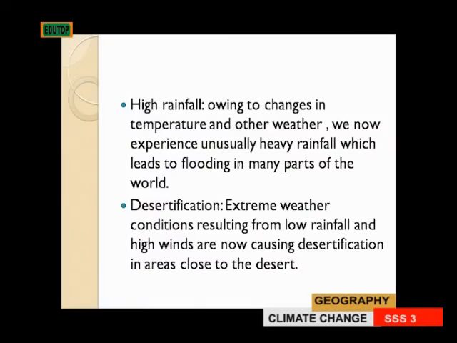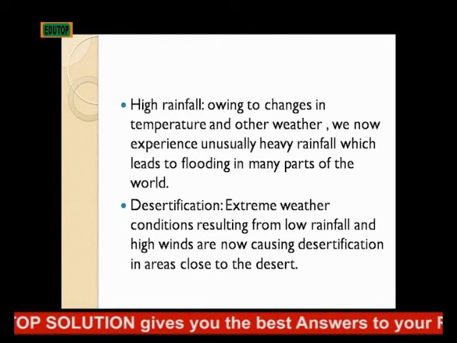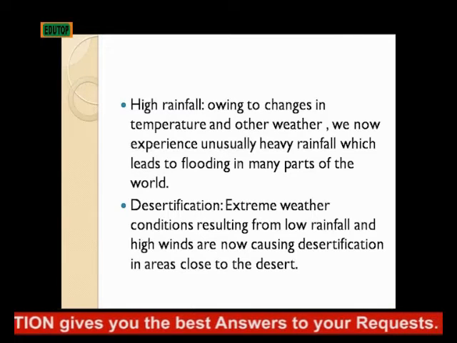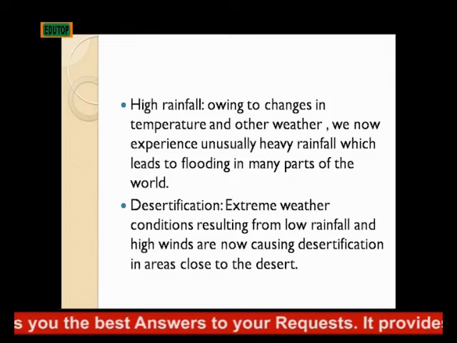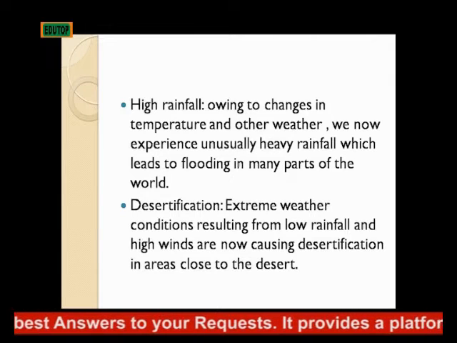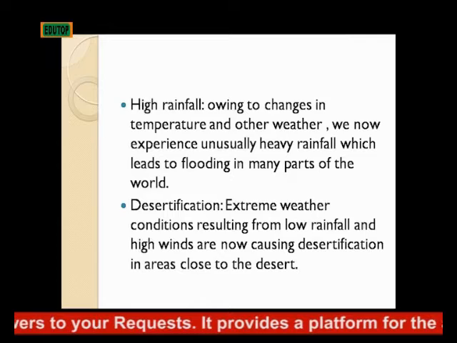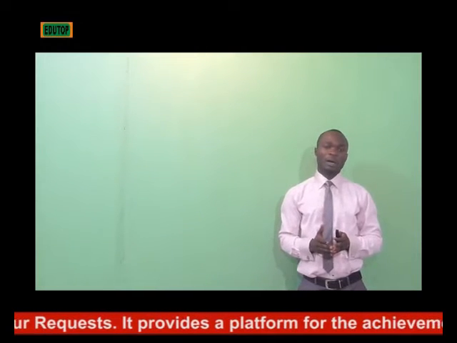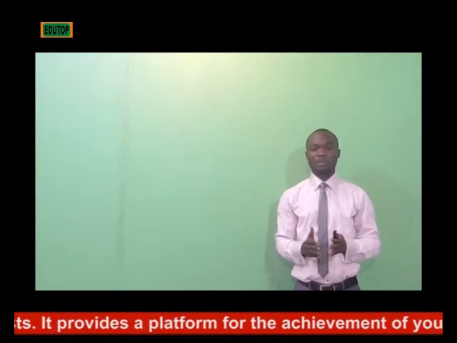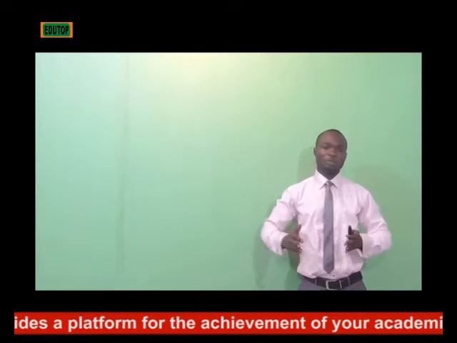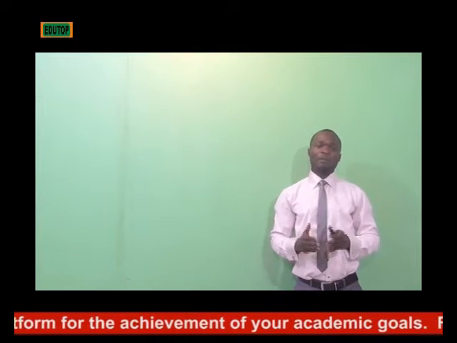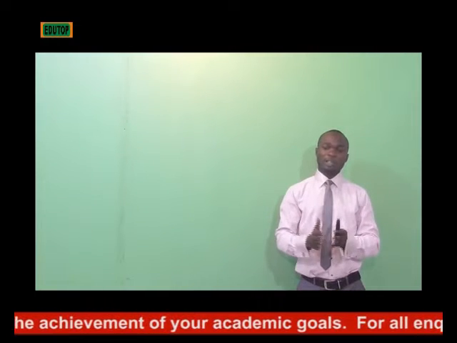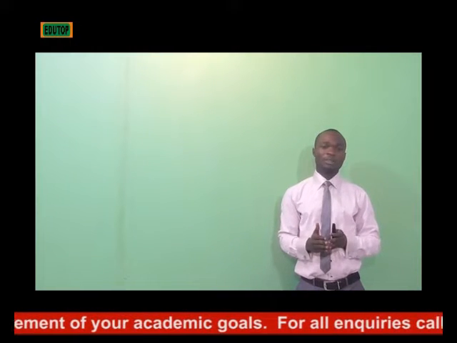Climate change can also lead to desertification. And this is an extreme weather condition resulting from low rainfall and high winds. These weather conditions are now causing desertification in most areas that are close to desert, where we find difficulties in carrying out agricultural practices because of the climate change that has in those areas resulted in